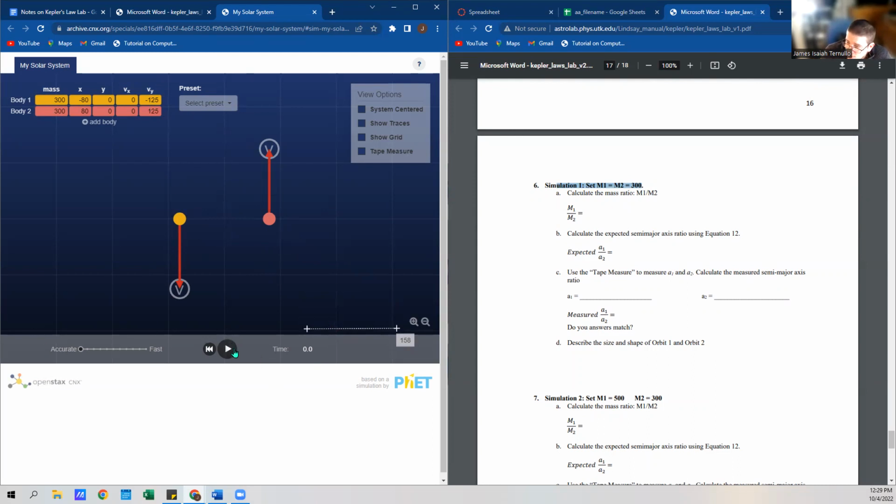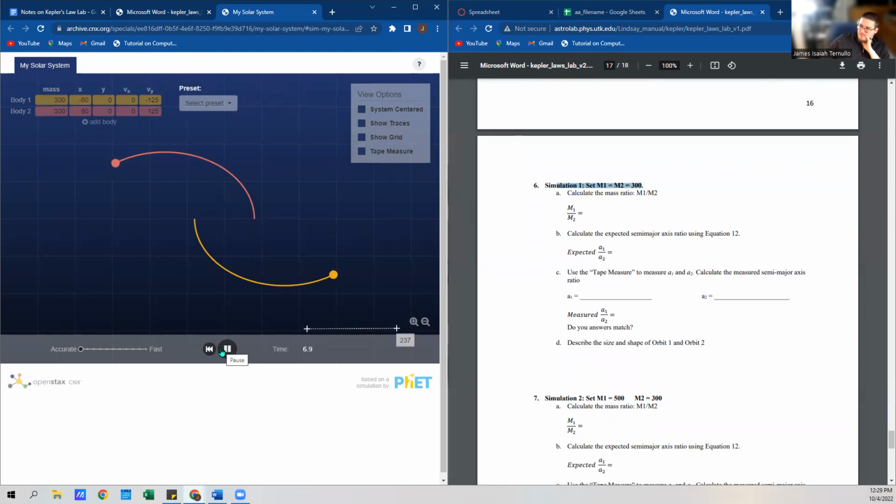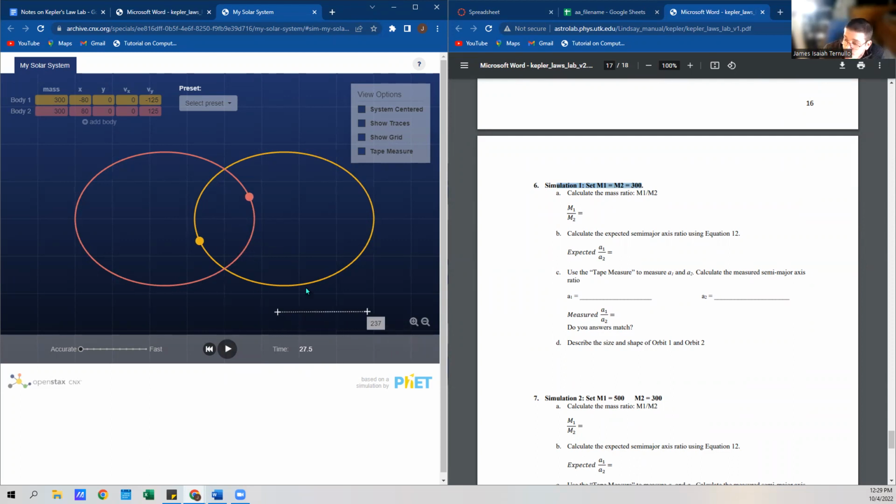So I'm going to make it go slow, and I'm going to click this. This little zoom out box will allow me to zoom out. In fact, let me just restart that. All right, so we have now established an orbit, one full orbit. And what we can do is we can measure,